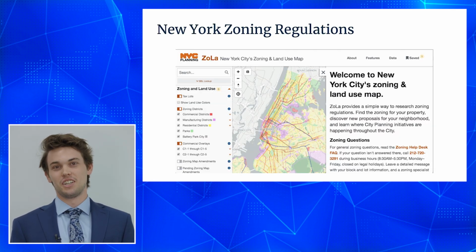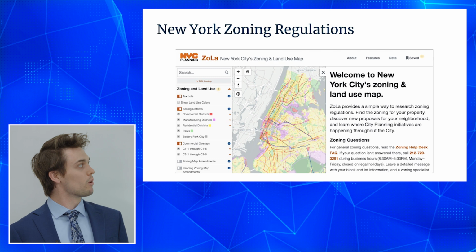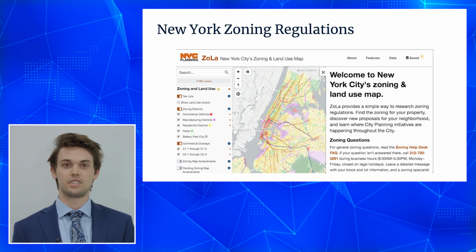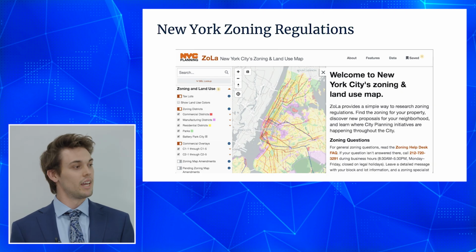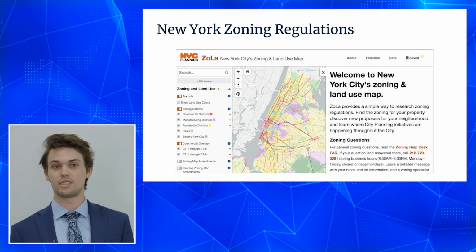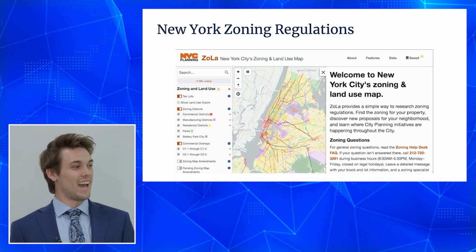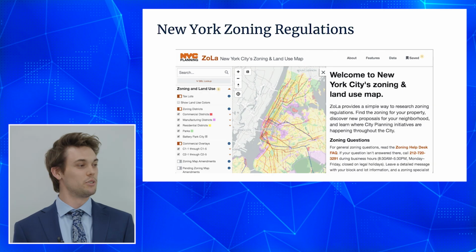This is the New York City zoning map. To find it, you'll look up New York City zoning map and you'll click on the Zillow link and you'll be brought to a page like this. As you can see, it's color coordinated based off the type of zones that are in New York City, and it's very easily navigable. You can scroll around on the map and look at different zones to see what type of activity is permitted there. If you already have a location for your business, you can use the search function to type in the address and it will tell you what zone that address is in.